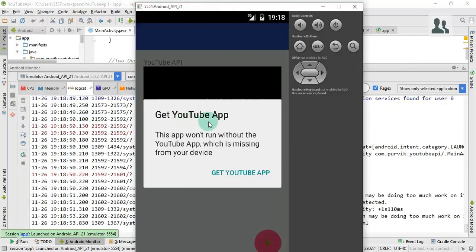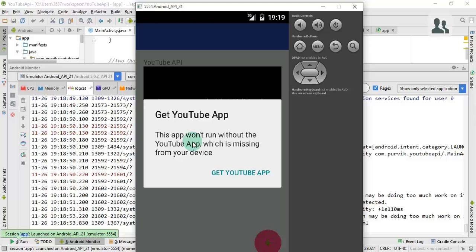So it pops up the window with the recovery option to get the YouTube application if it is not installed on your phone, because the emulator does not allow you to install the YouTube app.